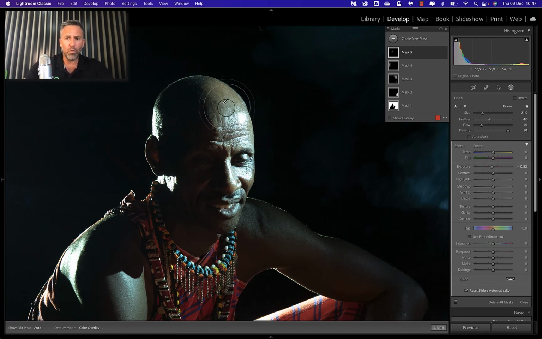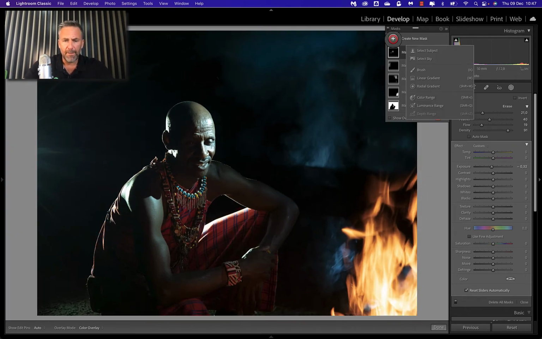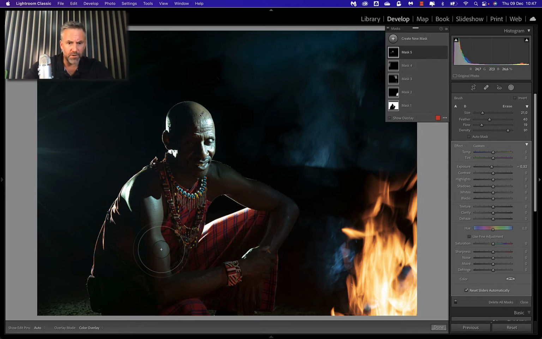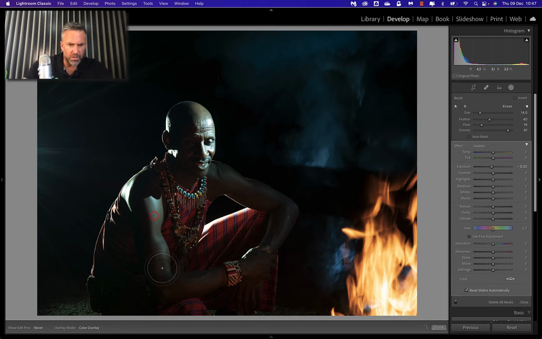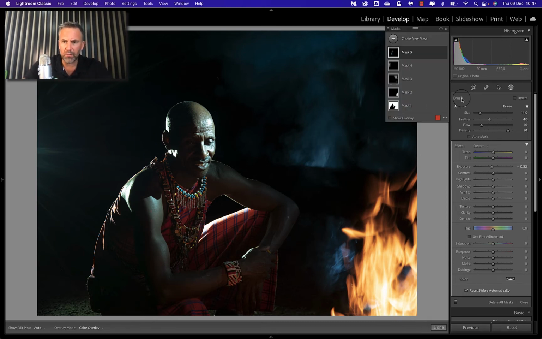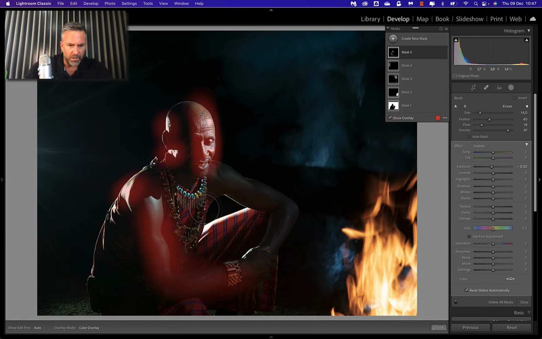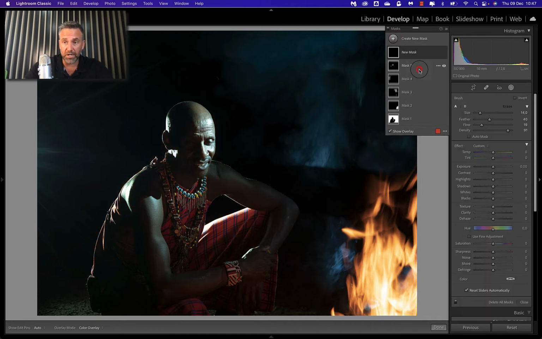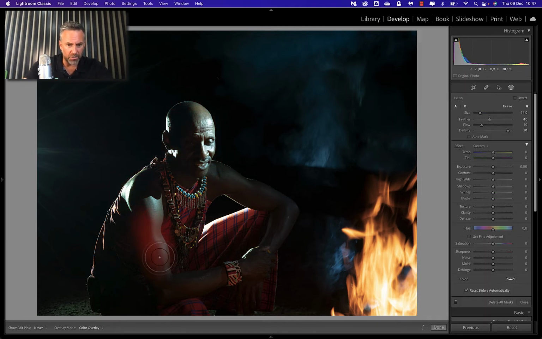Okay, one more brush to add, which is going to be the rest of him. So let's zoom back out. And now I want to do the rest of the arms over here. Let me just make my brush a little bit smaller. And I'm going to do this area here. Where is my mask? Show the overlay. Oops, you see, mistake. Undo there, create new mask, brush, and this time I'm going to go for all